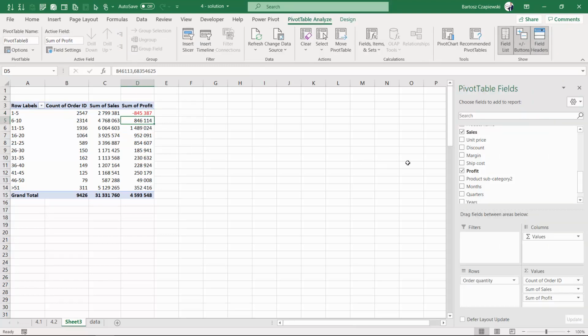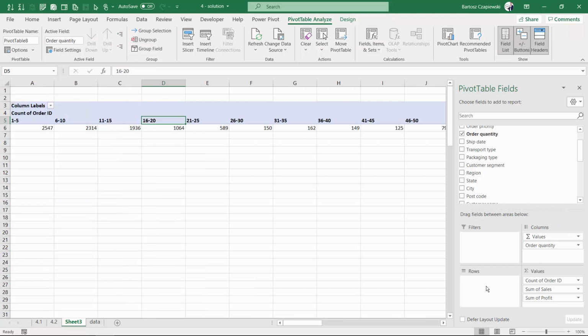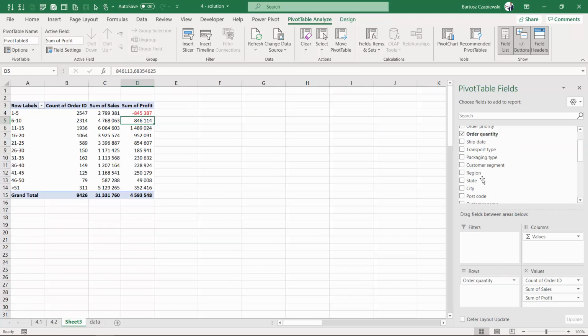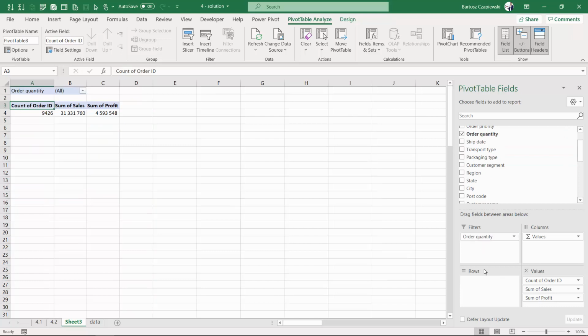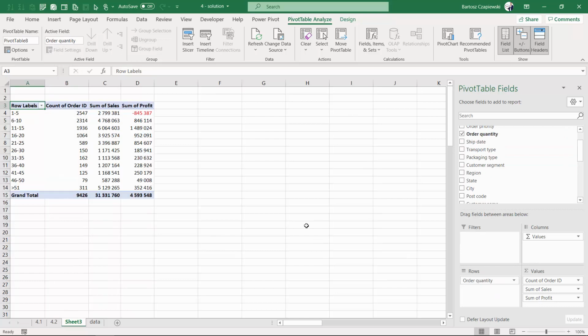If I would like to use the field order quantity on other shelves, like for example on filters or on columns, and I'm trying to do it right now, you can see that my initial field is disappearing from rows. If I place it on rows, it's disappearing from columns. If I place it on filters, it's disappearing. So you can't have exactly the same field on multiple shelves, which might be a limit for you